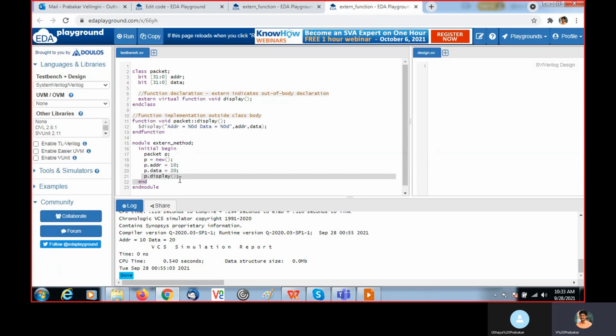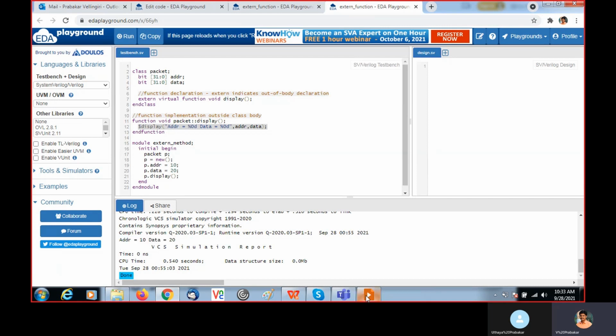Now I am calling this method, p.display. This method's implementation I implemented outside the class. With the help of the extern qualifier, I am able to declare that inside the class. So I am getting address as 10 and data as 20 for the corresponding display statement. Okay.